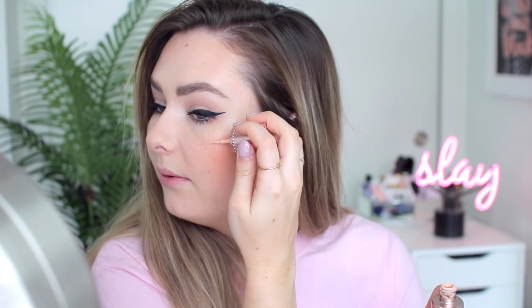Now I'm going to go in with one of my current favorite products that I feel like not a lot of people talk about, and this is the Dandelion Shy Beam from Benefit. It is such a gorgeous natural highlight. It's a liquid product, so I just like to take the little brush, it kind of looks like nail polish, and put it where I would normally highlight, just a little on the cheekbones and then a little on the nose, such as this, and then I like to take my beauty blender, let's not get my hair in it,